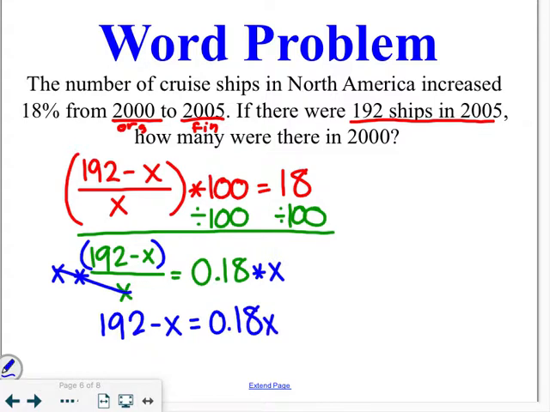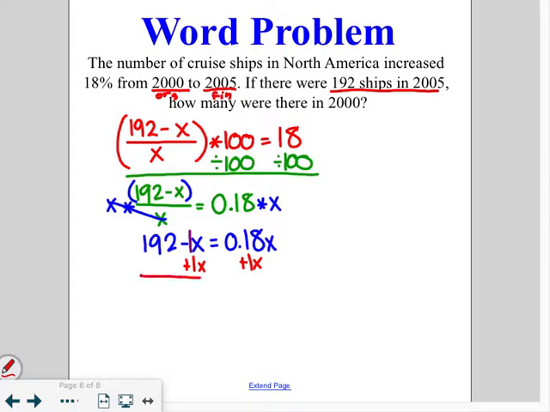I'm going to pause for a minute and point something out. Right now, on the left side of the equation, we have 192 minus x. It's helpful to remember that in front of the x on the left side, there is a coefficient of 1 that is standing for 1x. We now have a problem where we have variables on both sides, so we need to combine our variables. So I'm going to add that x to both sides of the equation, which gives me 192 is equal to 1.18x. To finish solving, we are going to divide by 1.18,